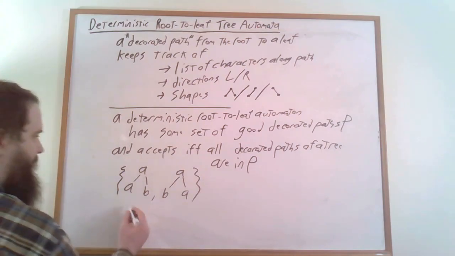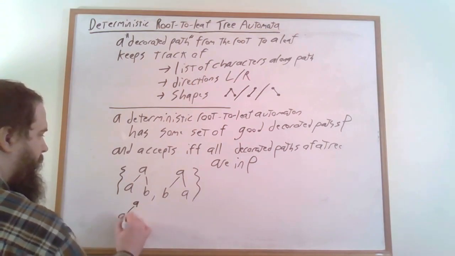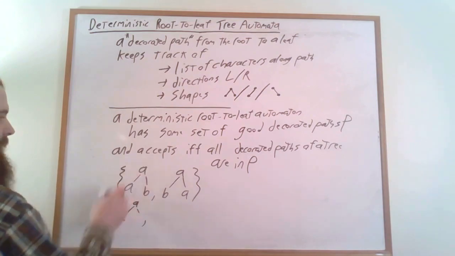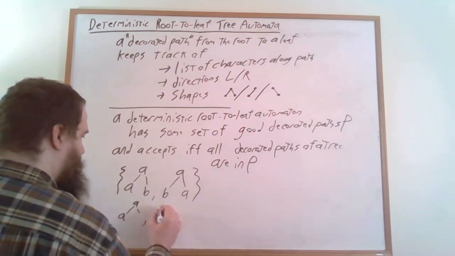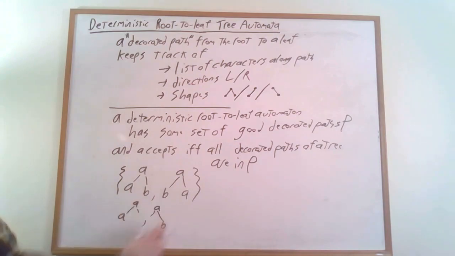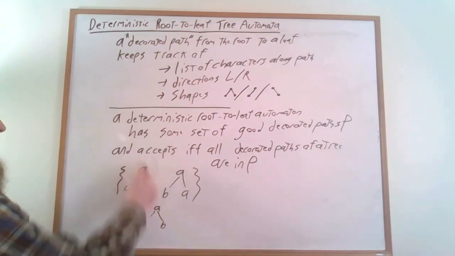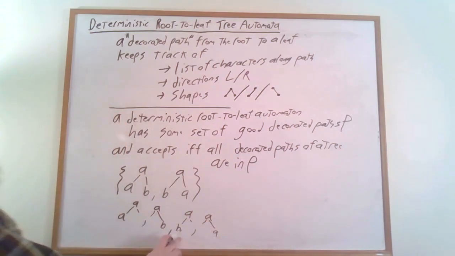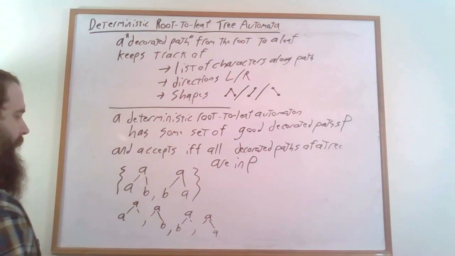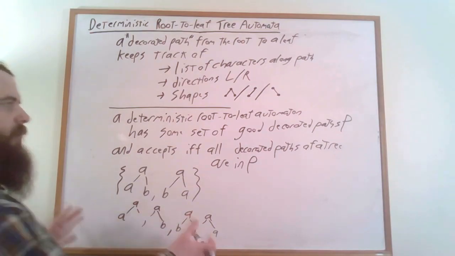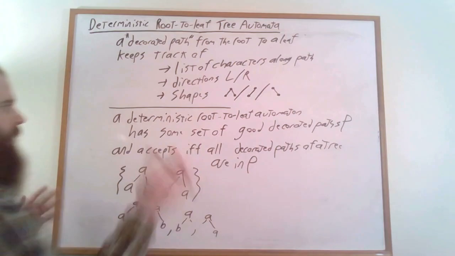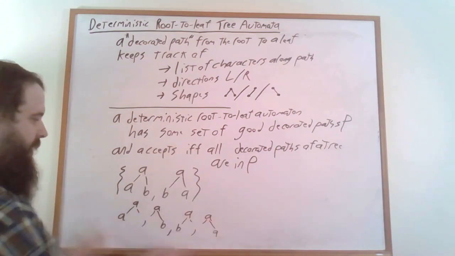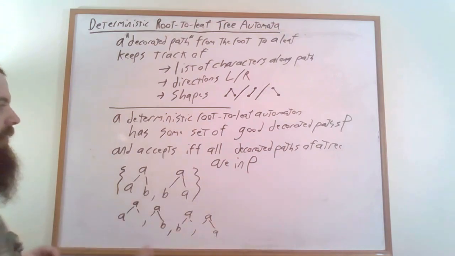It's going to have to contain this, right? Because this is a decorated path that we see here. It's going to have to contain this because this is a decorated path that we see here. And it's going to have to contain these two decorated paths as well. And this is hopefully our set of good decorated paths for our deterministic root-to-leaf tree automaton. But if these are all accepted paths, then